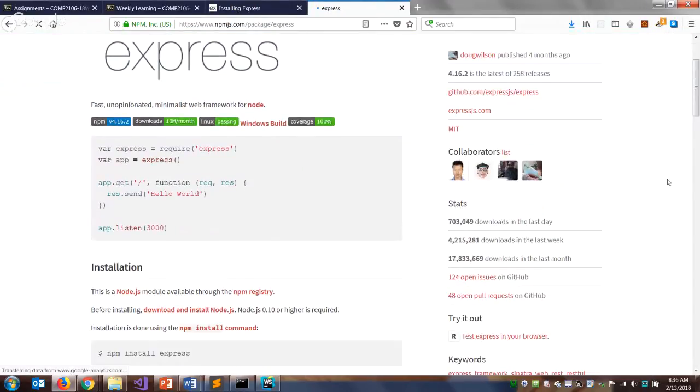So here's how popular Express is. 700,000 people have downloaded it in the last day. 17 million downloads in the last month. So